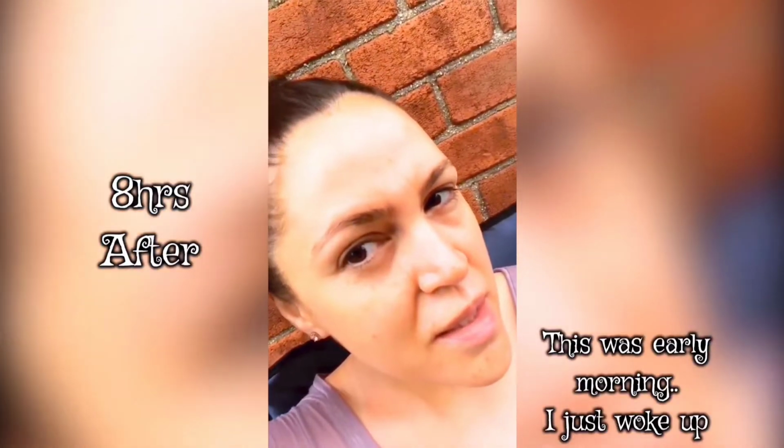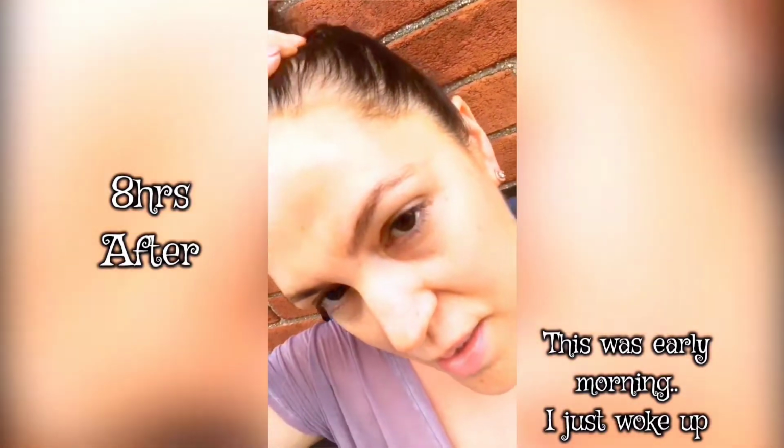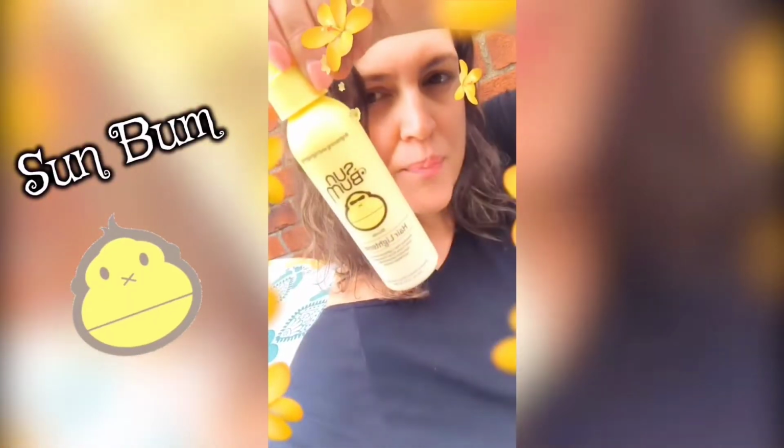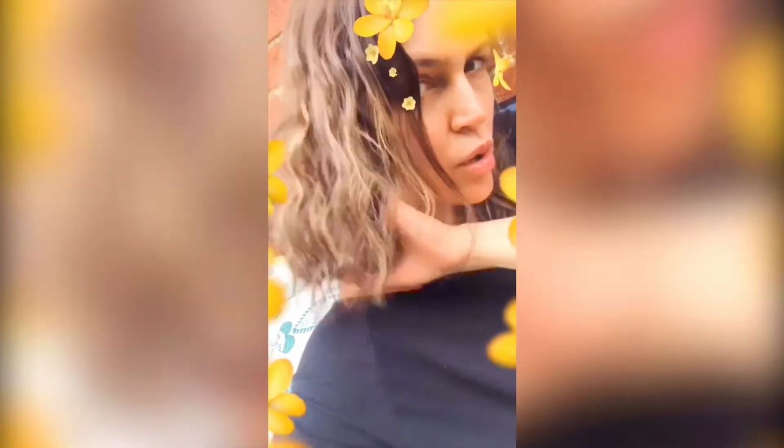So yes, the hairline was the only downfall, but that is not a big deal. That could get scrubbed off. But overall, I am so happy with the results. So this is the Sun Bum that I've been using. I am absolutely loving this whole natural blonde